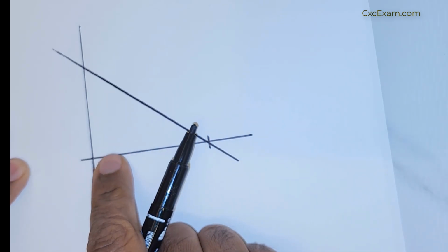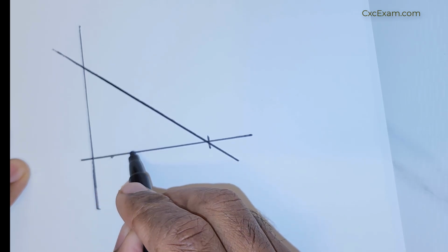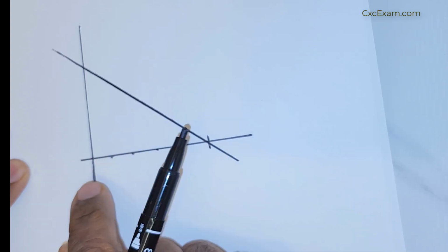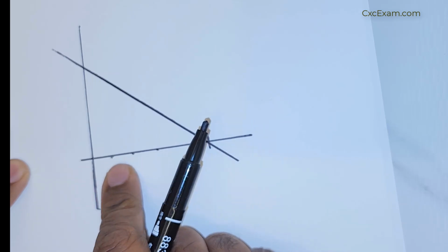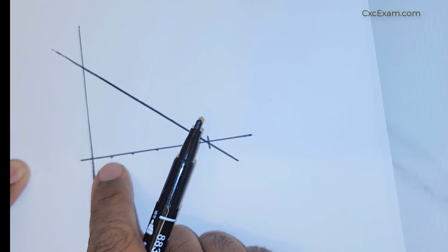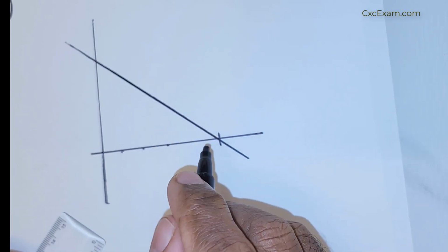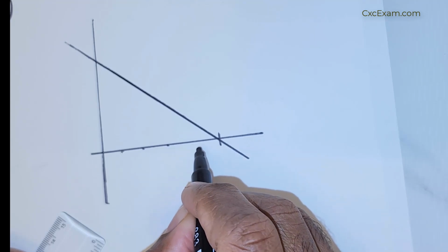Now we have the scale, right? So it's 1 cm equal to 1 unit. So according to that,